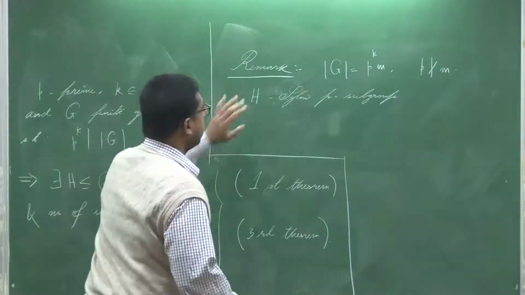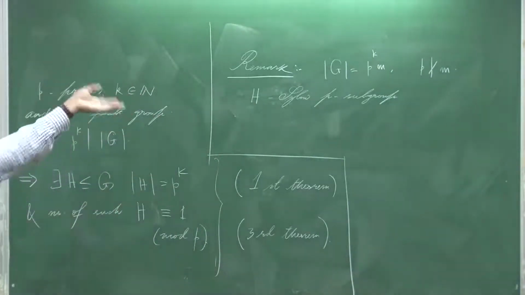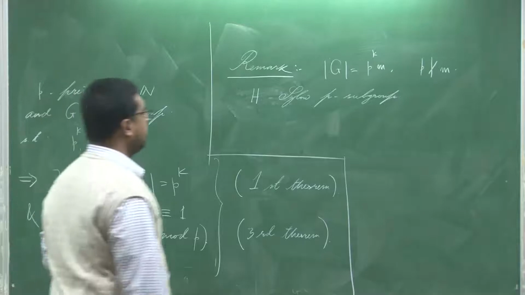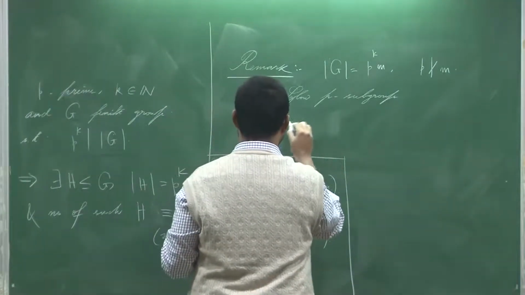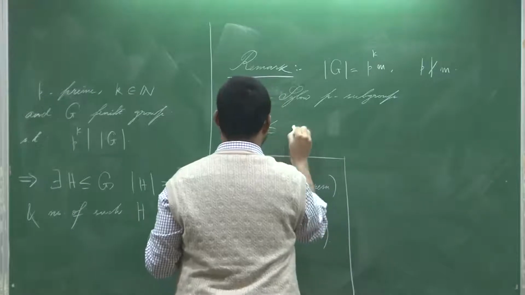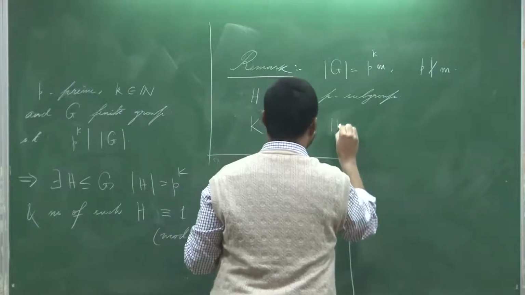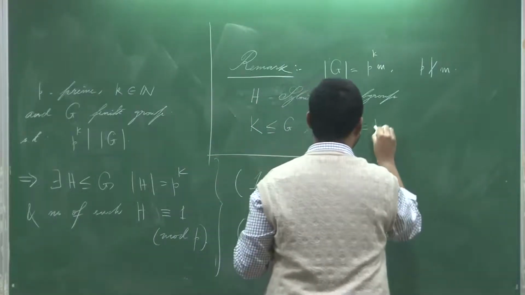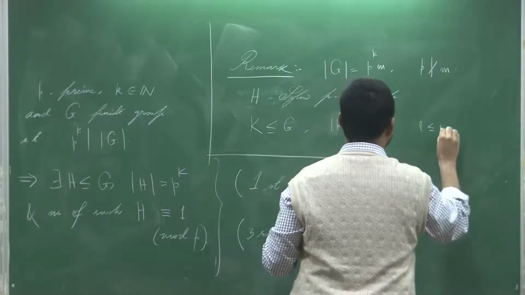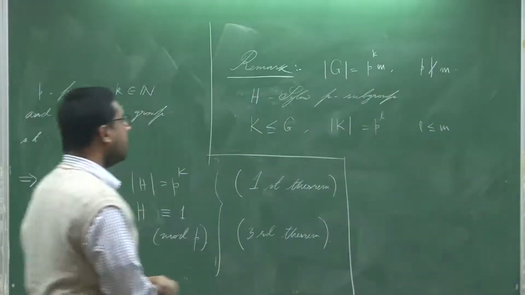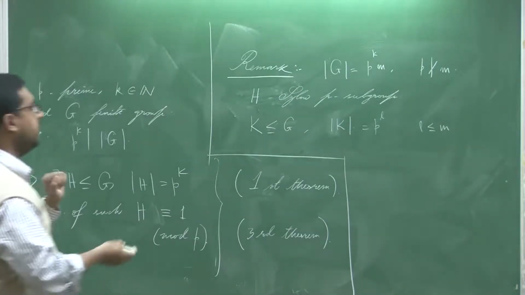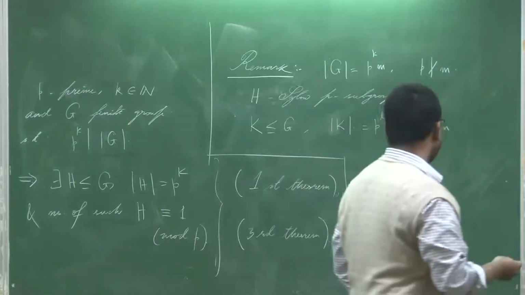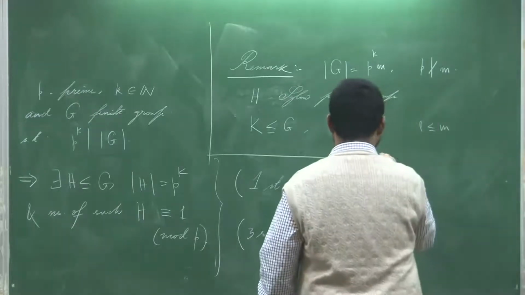Now come back to the remark regarding the second theorem of Sylow, and suppose K is just a p-subgroup. That means K has order some p to the power l, where l is less than or equal to k. I can't say it is a Sylow p-subgroup, I can simply say it is a p-subgroup, that is, of order some power of p. Then of course,